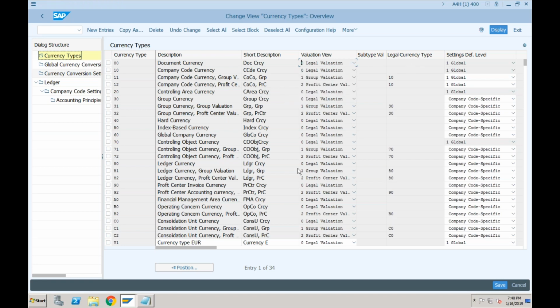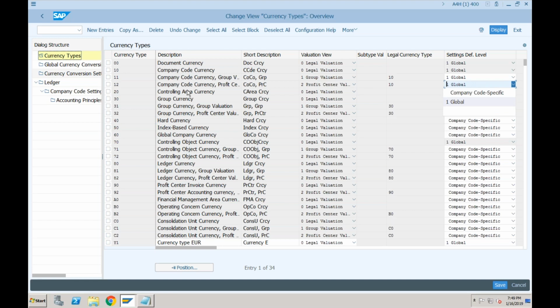Okay, and one important thing here is the setting for default level. Here you are specifying whether this currency which you are creating is going to be based on the company code or is going to be global.